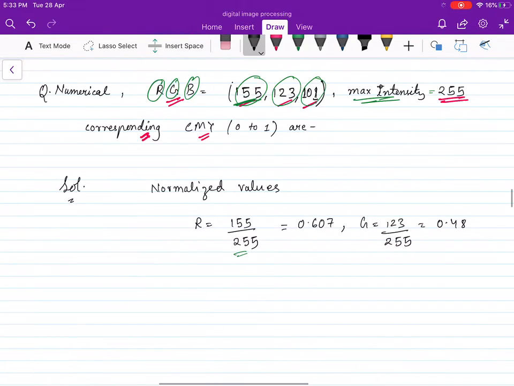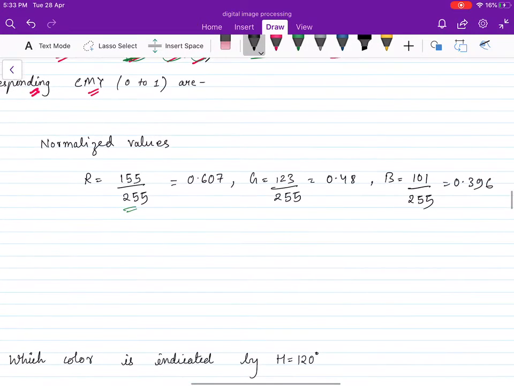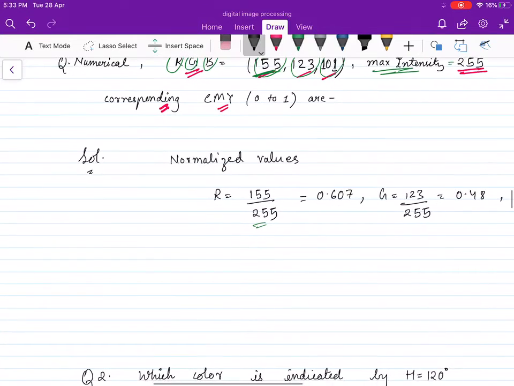Similarly, the normalized value for blue will be given by 101 by 255. So 101 divided by 255 is 0.396. So converting this into CMY, as we know,